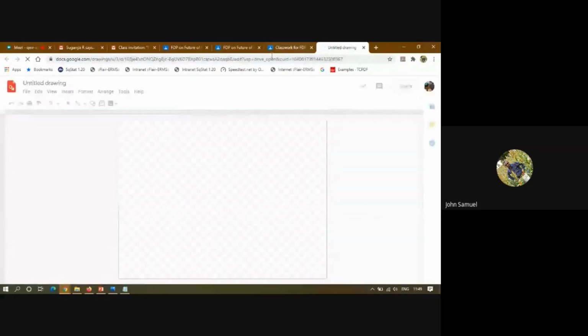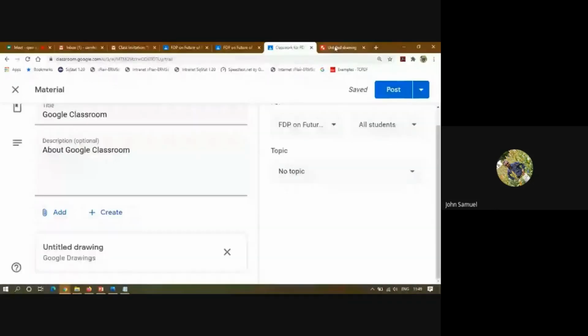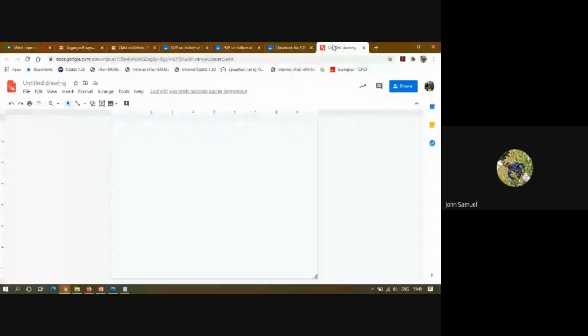You see, here you can do the drawings and then save that. For example, if you are teaching computer science and going to teach flowcharts, you can use this drawing option, right? You need not save, you can just draw it and leave it.